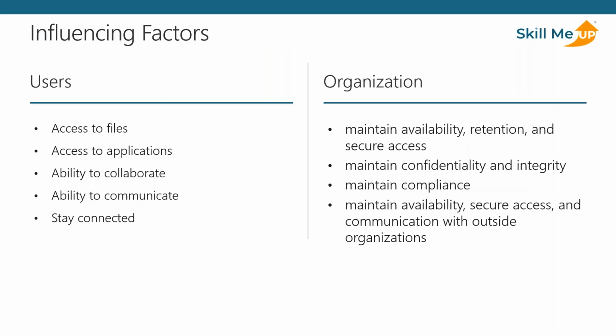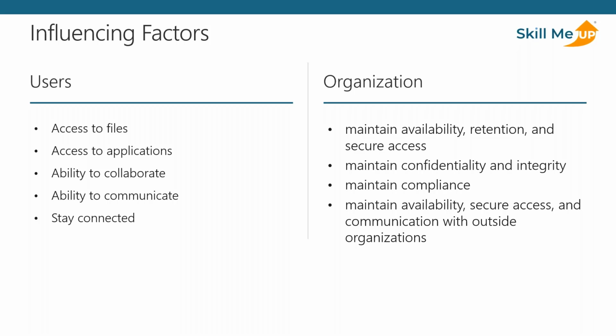And so, what influences the factors around our architecture? The key thing there is this tug of war that we have around the users in the organization. The users want access to files, access to applications. They want to be connected to all of that when they need to be connected. The organization wants to meet the user requirements, but they also need to maintain the level of secure access